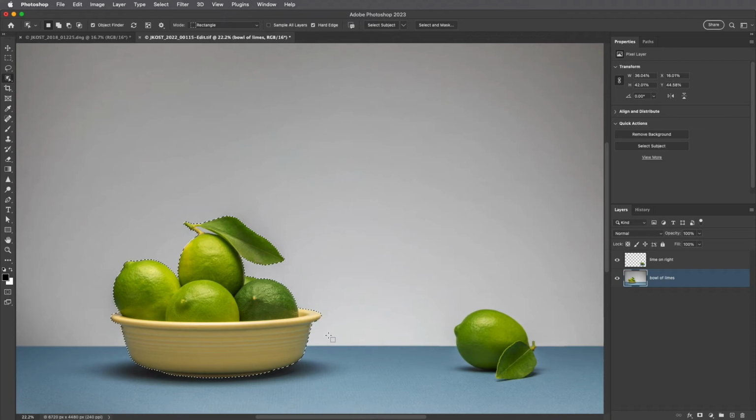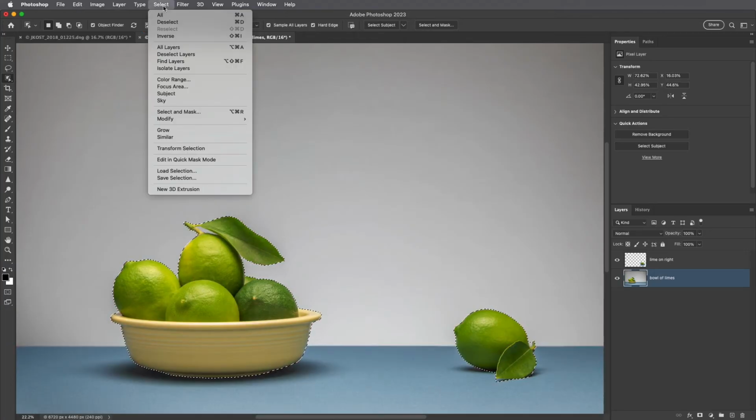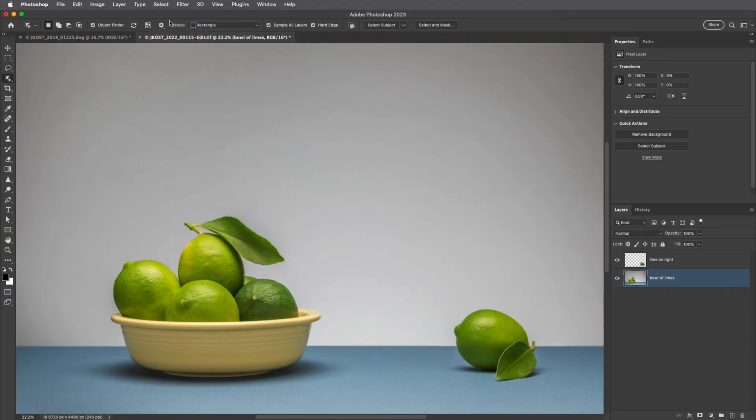To select objects that are on different layers, we can enable Sample All Layers in order to select them without having to target the layers on the Layers panel. If you want to view all of the detected objects in the scene, we can click on the checkerboard icon in the Options bar. Now, if we wanted to mask all of the objects on a single layer, we would